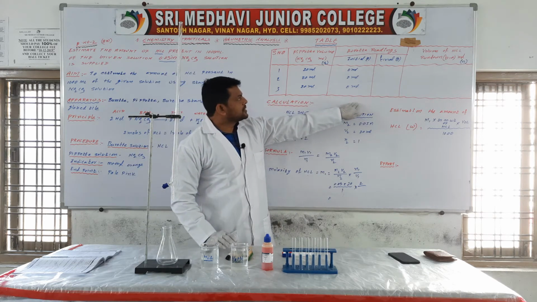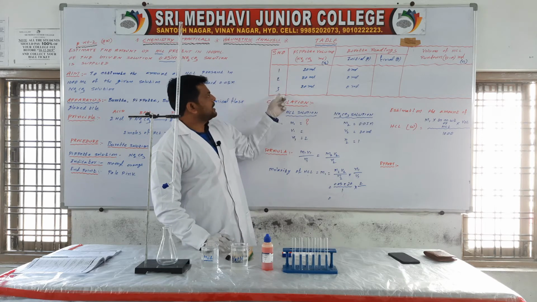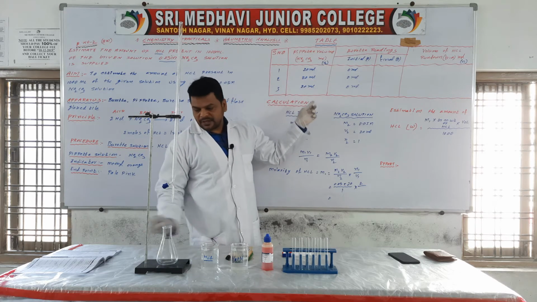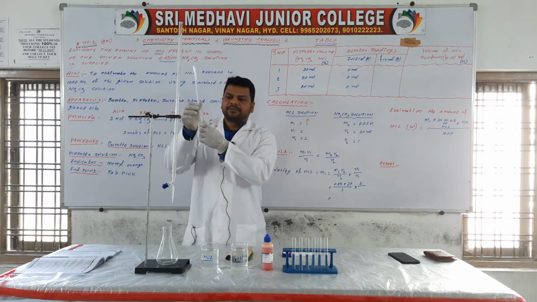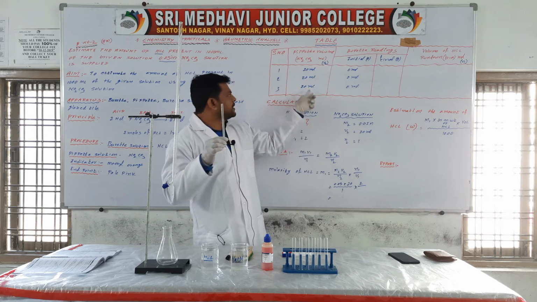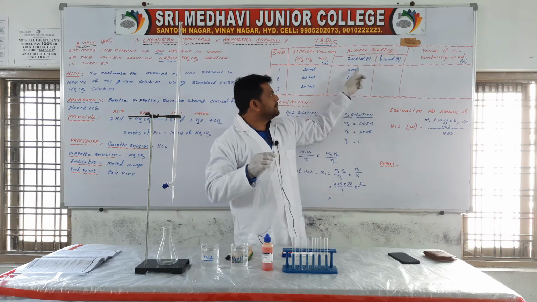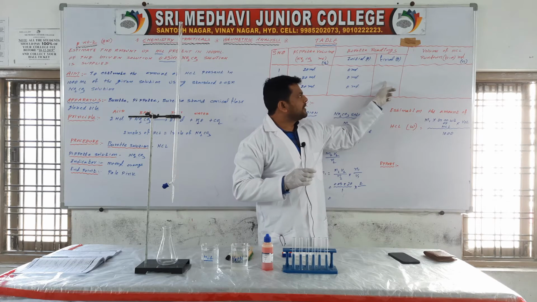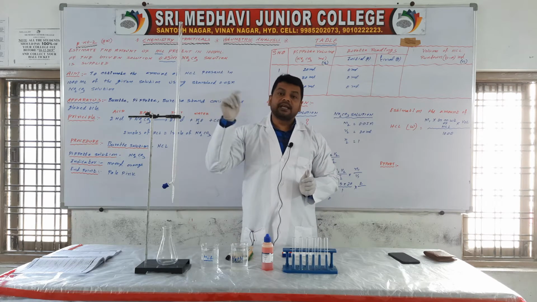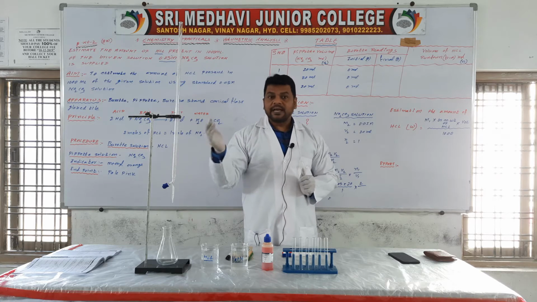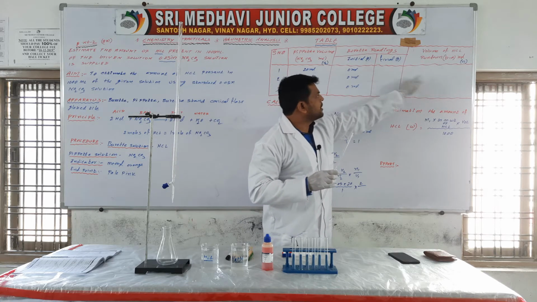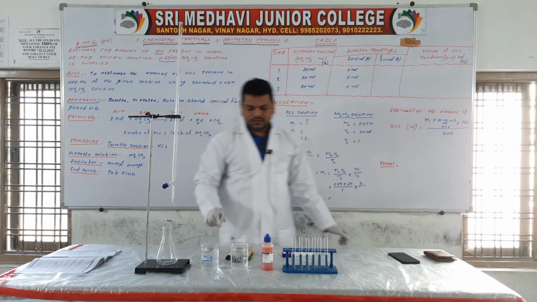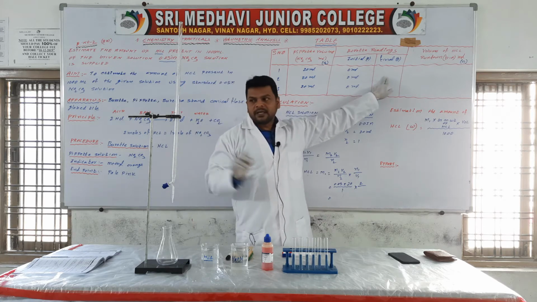Then we have to write this type of table. Serial number 1, 2, 3, and the volume of pipette Na2CO3 solution, that is constant. So here it is 20 ml. We have to take 20, 20, 20. Next burette readings, initial. Initial we have to take 0, 0, 0. Next is the final reading. Final reading we will get after the experiment. Then the volume of run down, it is B minus A, which is nothing but the volume of HCl run down. So first we have to do the experiment.